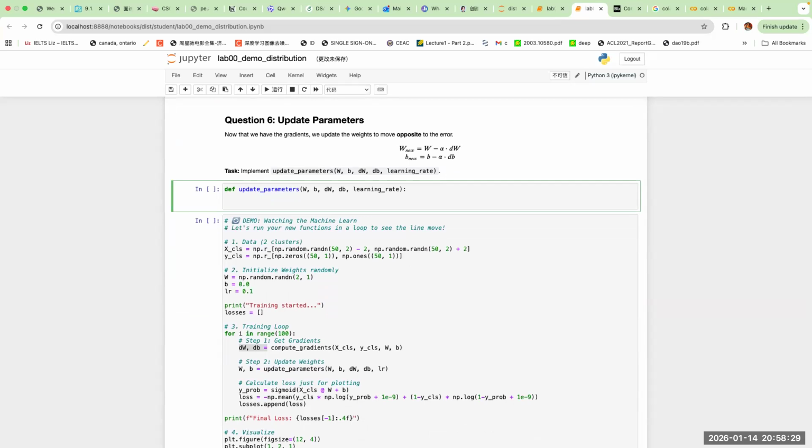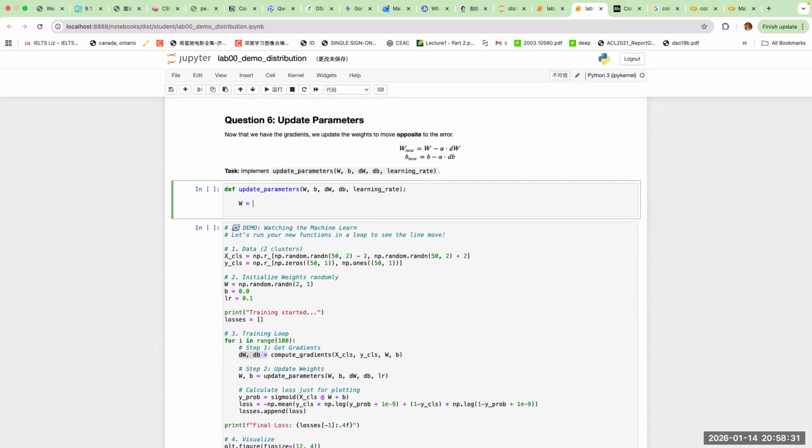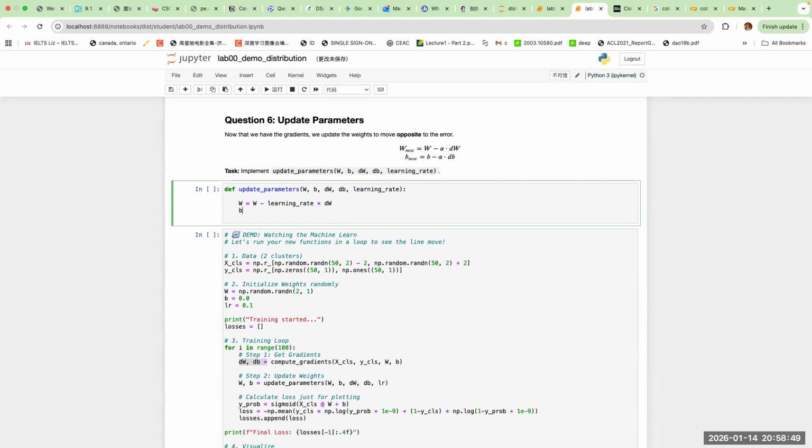Of course, given the initial value of w, we want to update in the direction of the gradients, just using the learning rate times the gradients to do the updates. It's the same for the bias. Bias equals